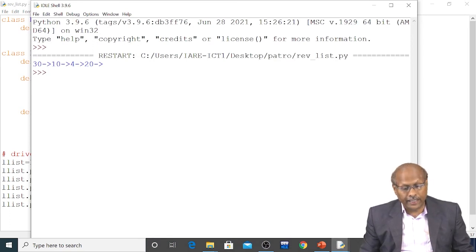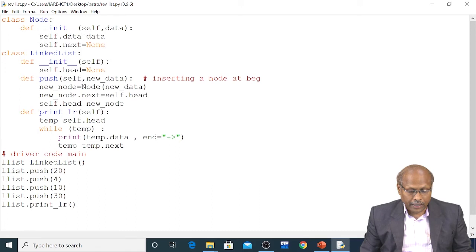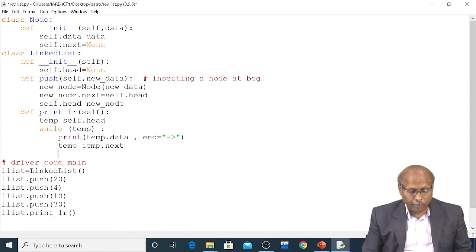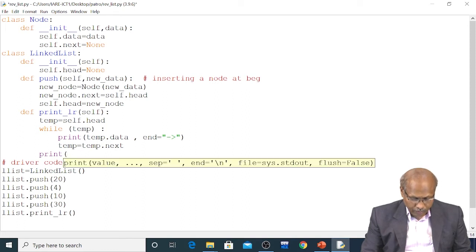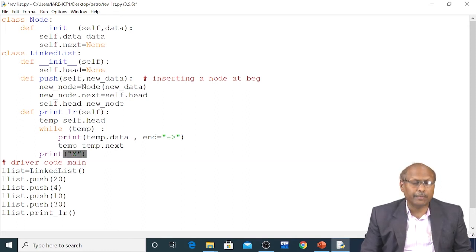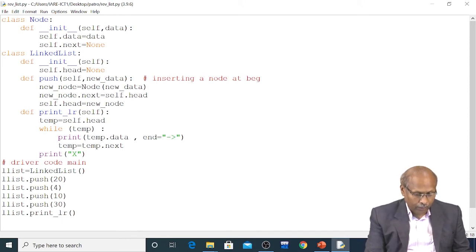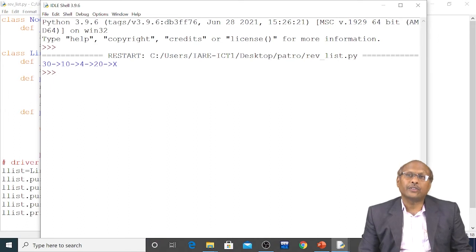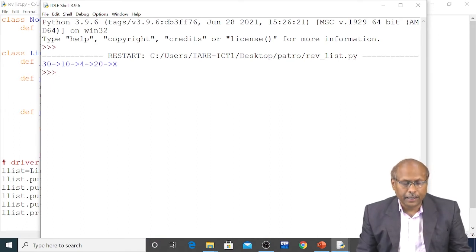But after 20, there must be a cross mark, because that indicates the null pointer. So how to write the null pointer? Here, when the loop is over, after coming out of the loop, I will put print X symbol. This indicates the end of the list or null pointer. Control S, F5. Yeah. So generally this is the way linked lists are represented.